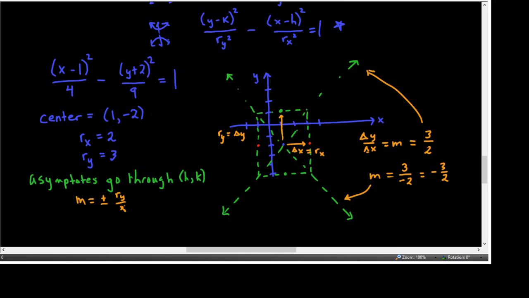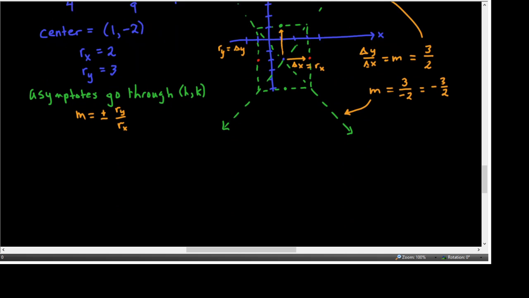This is a generic statement right now. Oh boy, that looks messy. Let me make that better looking. Okay, r sub y over r sub x. There we go. And if you use the point slope form of the equation of a line, you know that